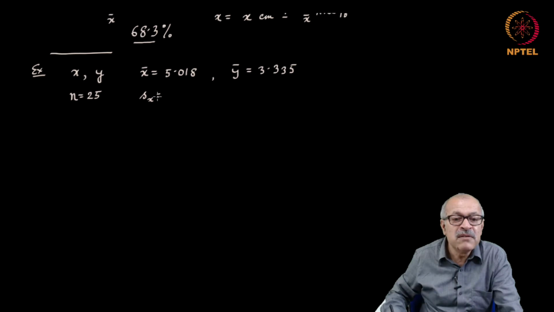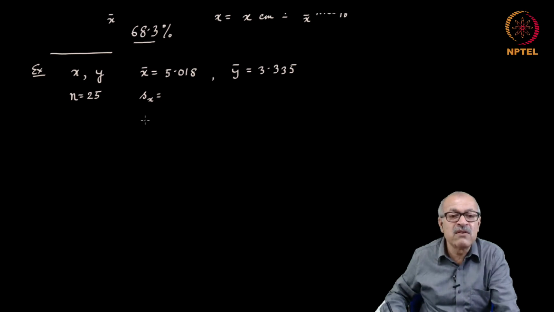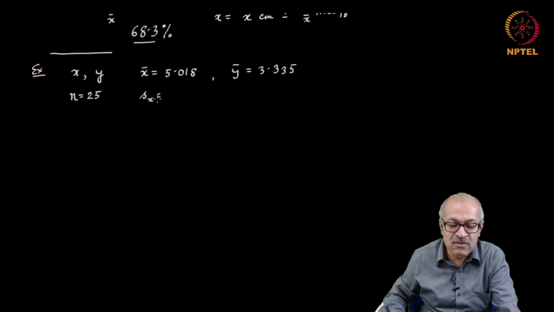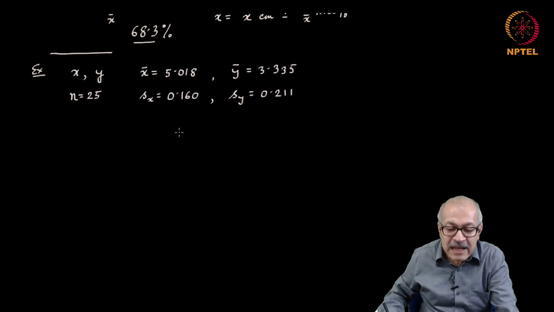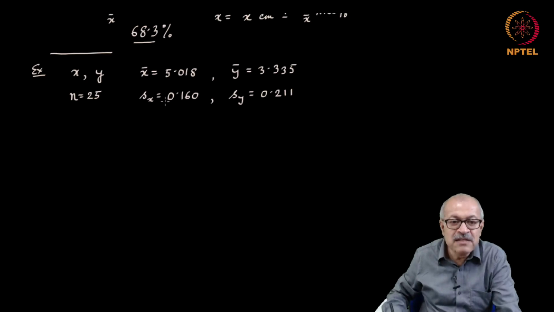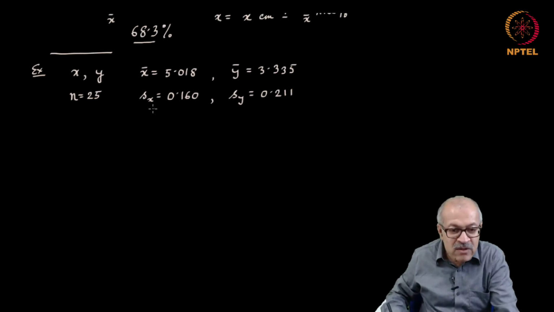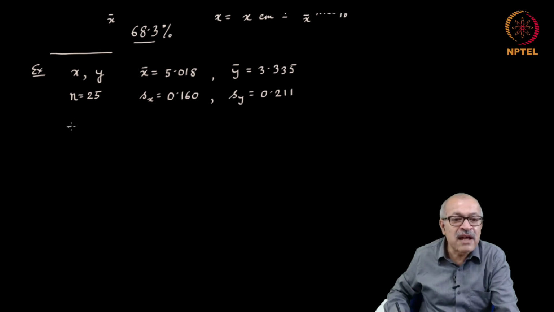of the x variable. S is the standard deviation of the x variable, and suppose you know how to do that. I have already said how to do that. You found that to be 0.16, and the s of y is say 0.21. Then how do I specify these values? We need to calculate the standard error. So, standard error